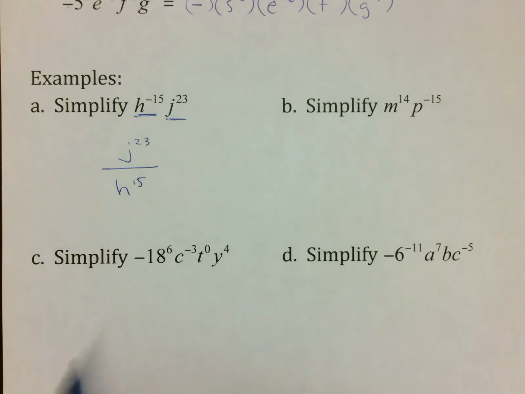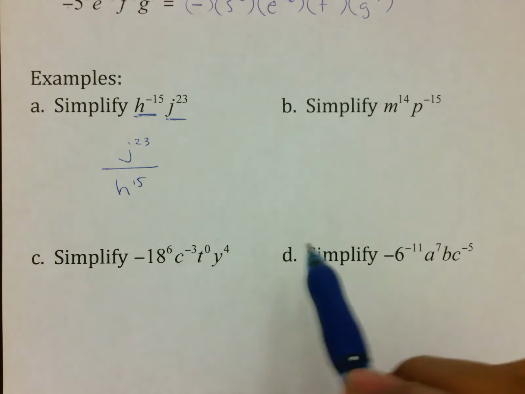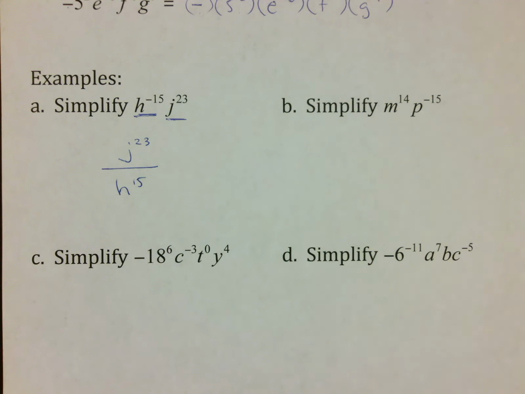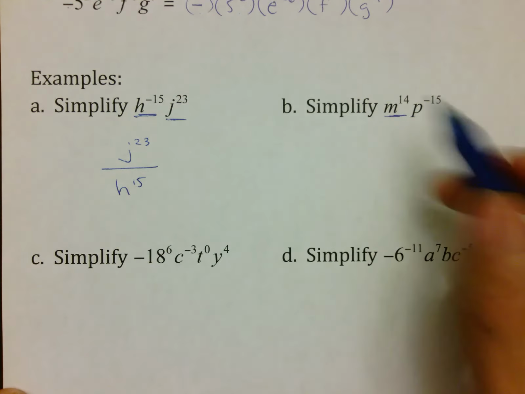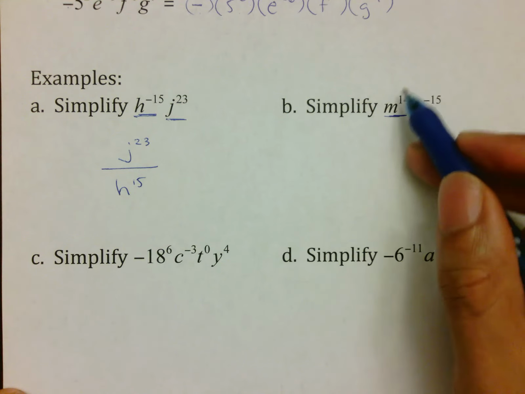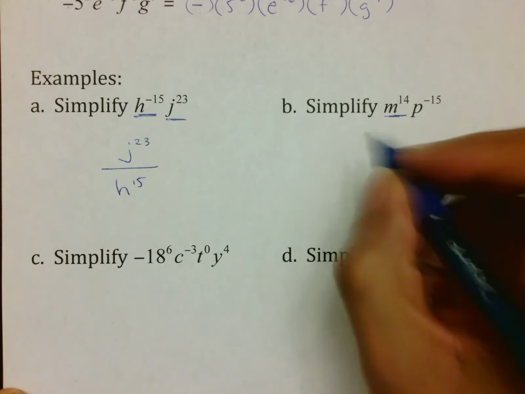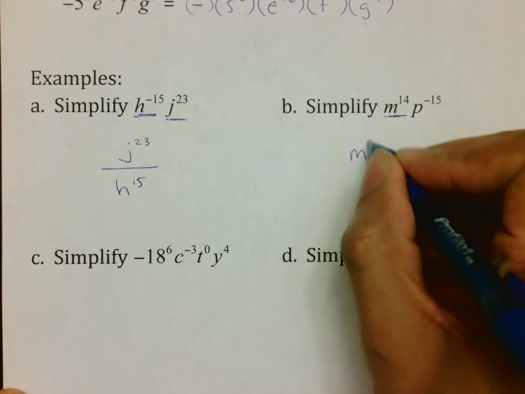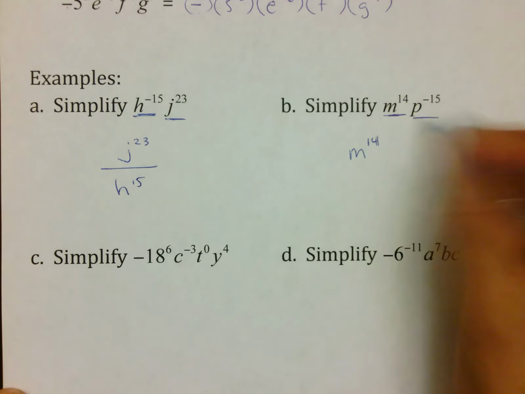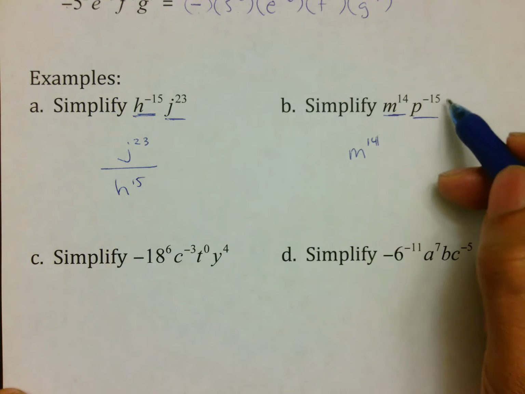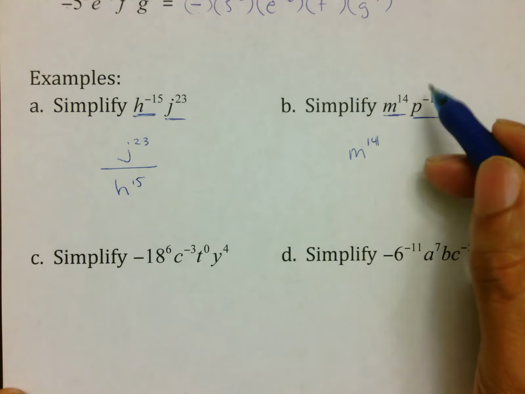And this is what you would type in, or this is what you would use as your answer. On this one, again, your first part, m to the 14th, is a regular m to the 14th. That's a regular number, a regular power, or a regular exponent. So therefore, m to the 14th stays exactly where it is. But the second part, p to the negative 15th, because it has a negative exponent, wants to move, and so